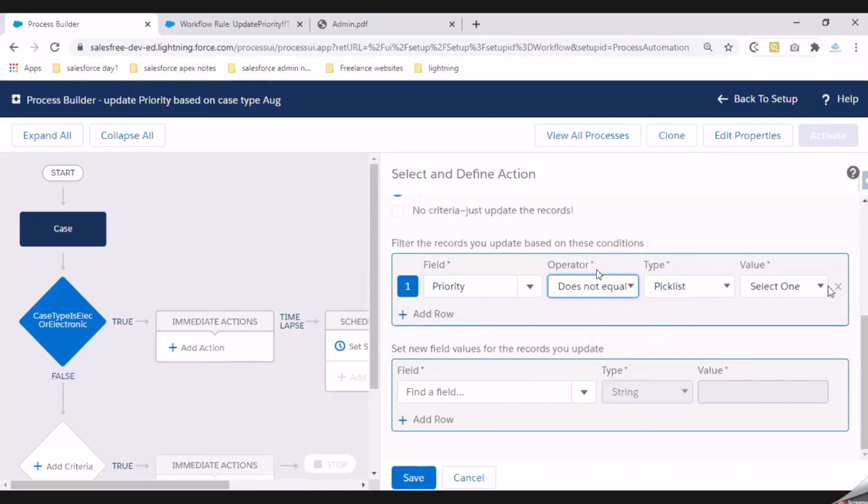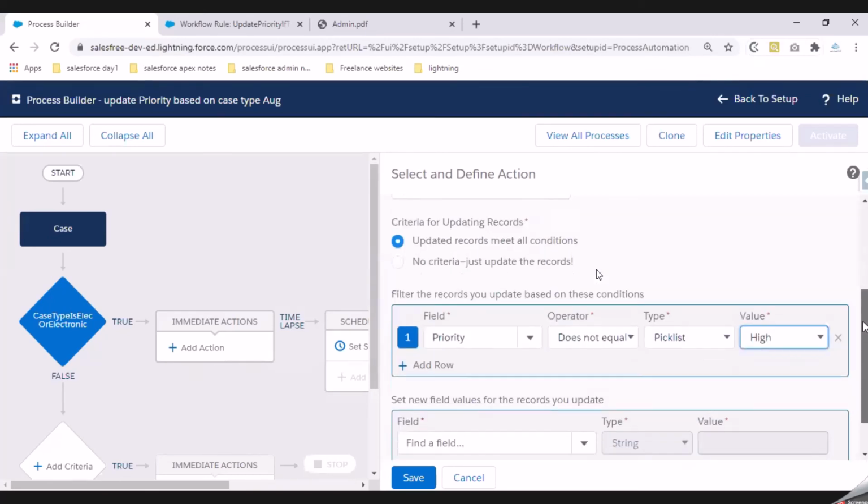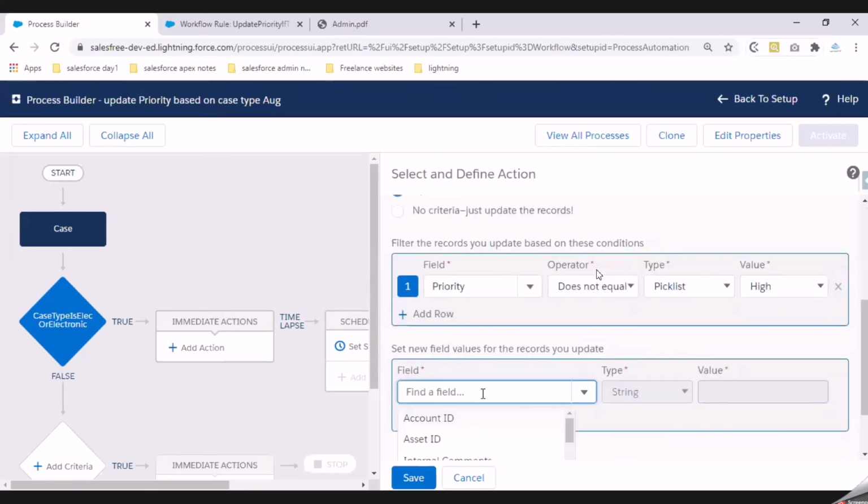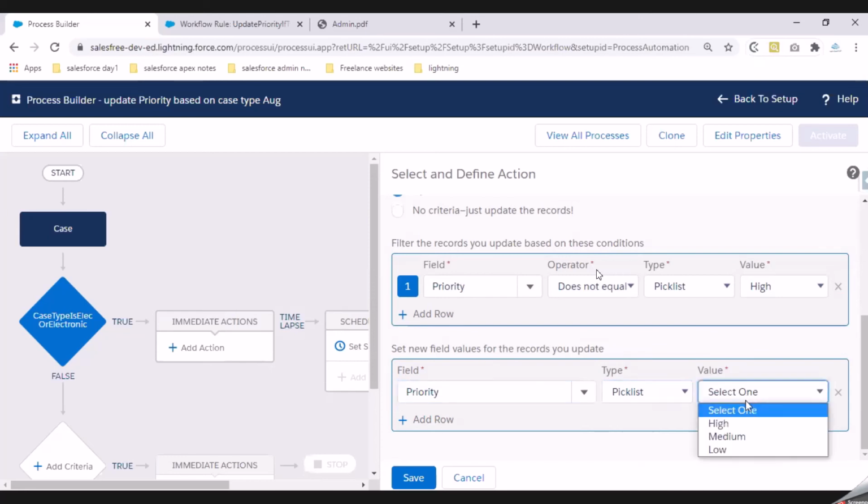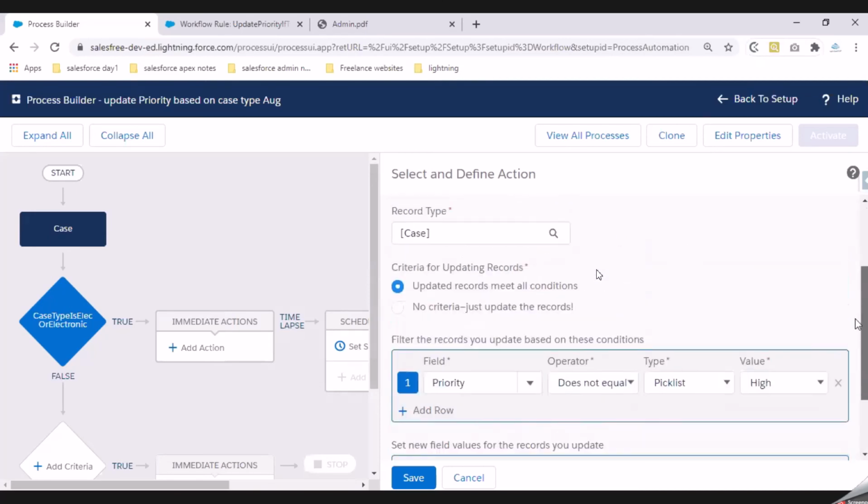So what I'm saying is, I'm asking the system if my case priority is not equal to high, then I'm asking the system to update that record. If it is already high, then I'm not asking the system to do anything. It is just a performance issue that we are addressing here.